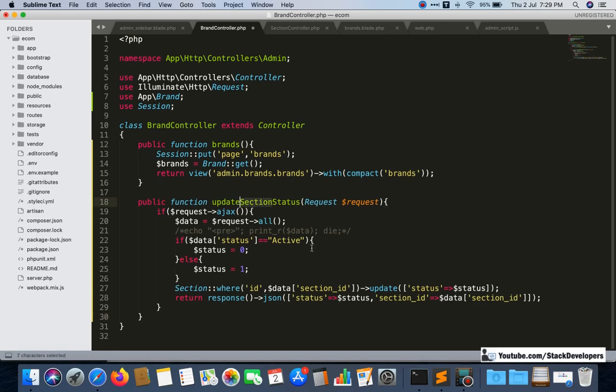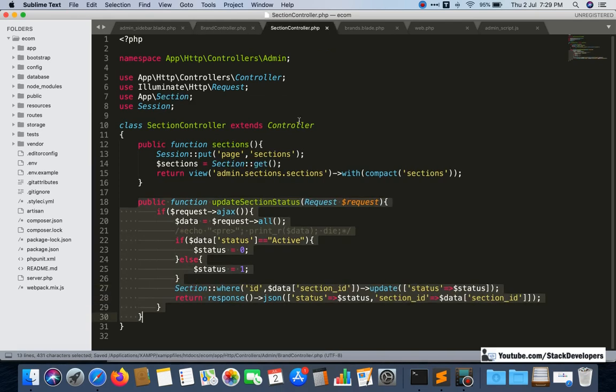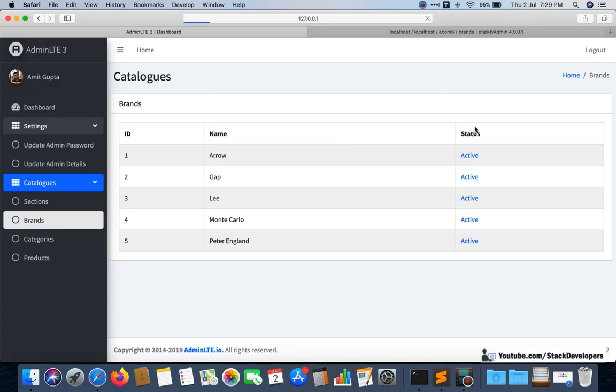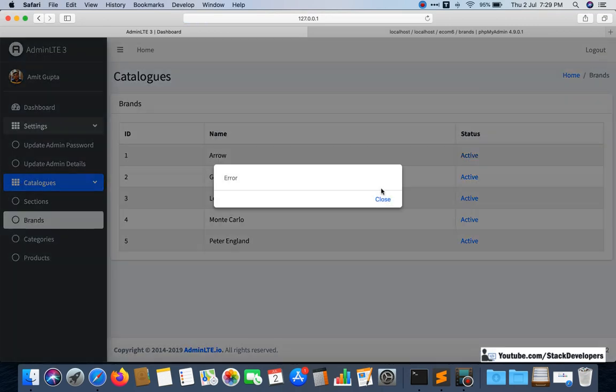So this one we can do update brand status, and the rest of the section we can also update, and here we can add brand ID like this. Okay, done. Now we can close this, and you can check whether the status is updating or not.